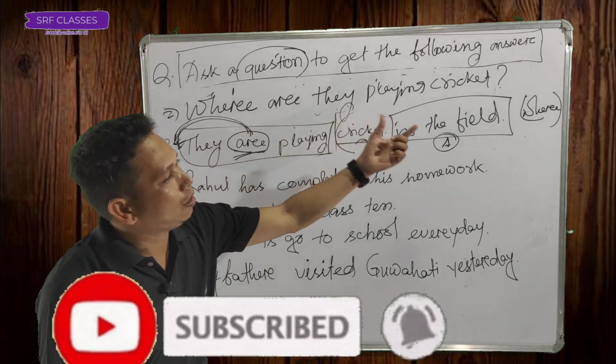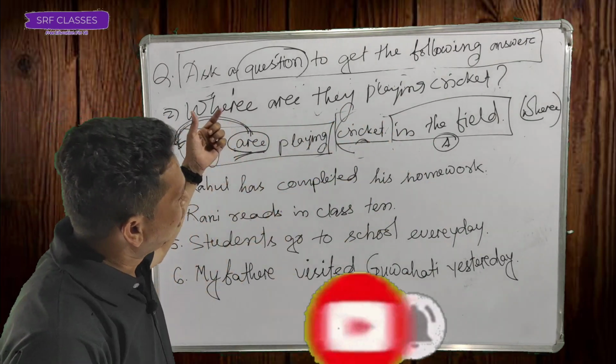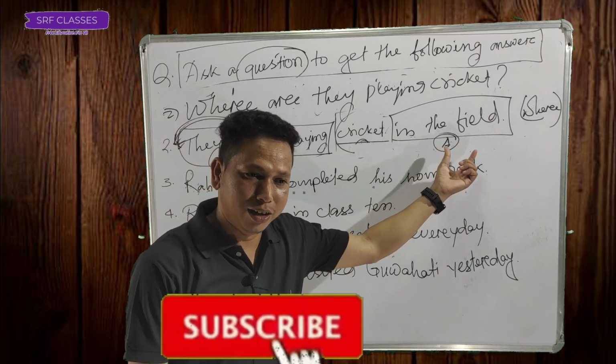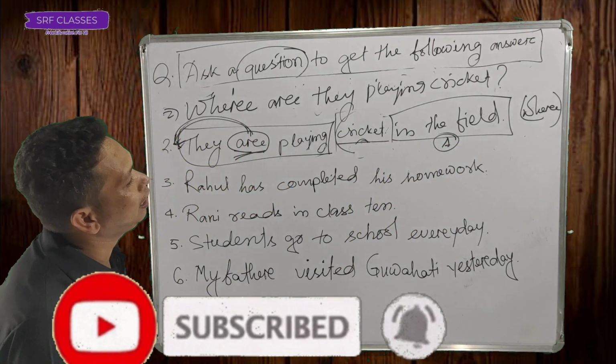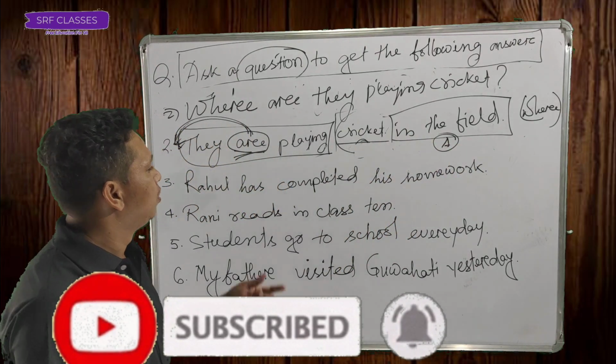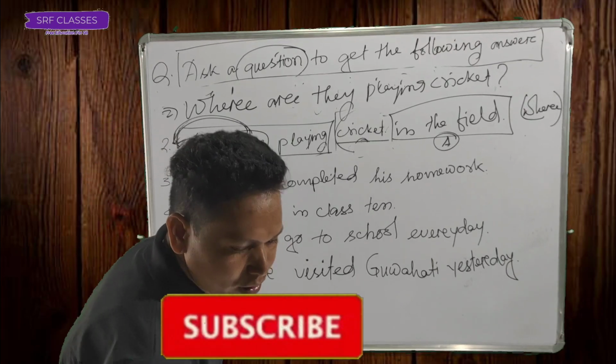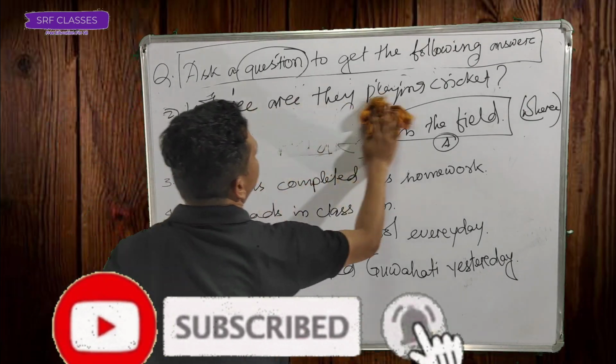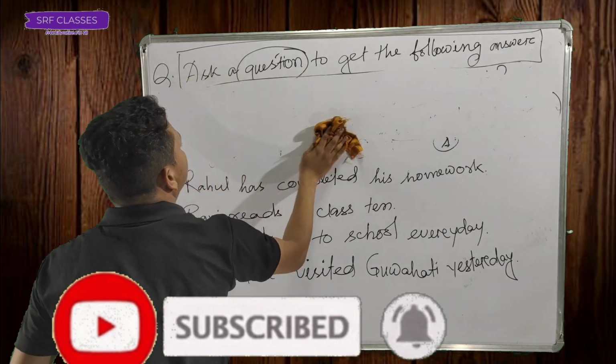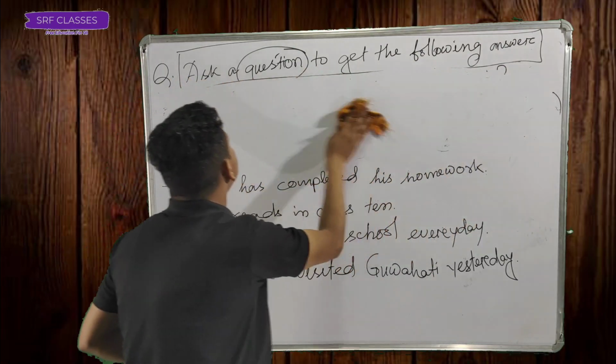So where are they playing cricket? The answer can be given in the field. They are playing cricket in the field. So this was the second one. Next we will come to the third one. Third one is